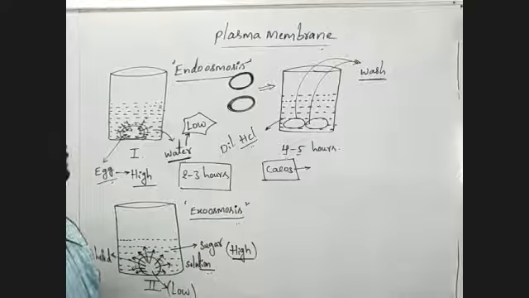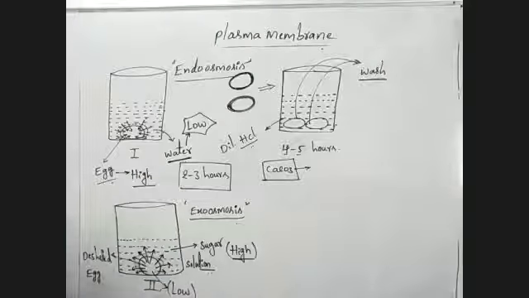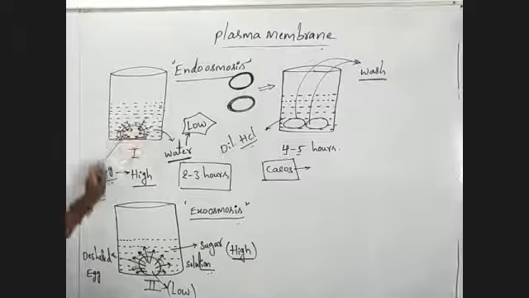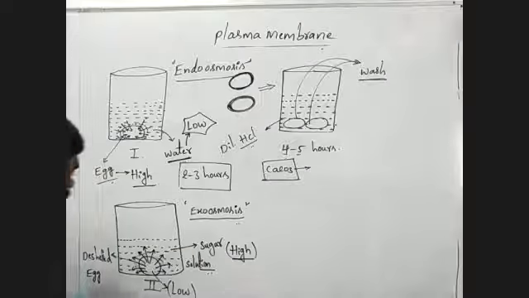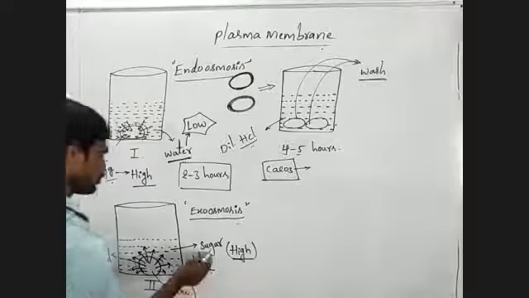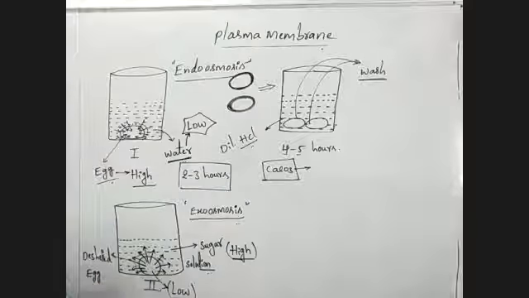Okay, observe. This is an important activity to observe the movement of water. We placed water in this beaker. Here, instead of water, we have placed sugar solution, meaning a highly concentrated solution. Understanding? The sugar solution has a higher concentration than the concentration of the egg. That is why water has moved out of the egg into the sugar solution. Okay, observe.